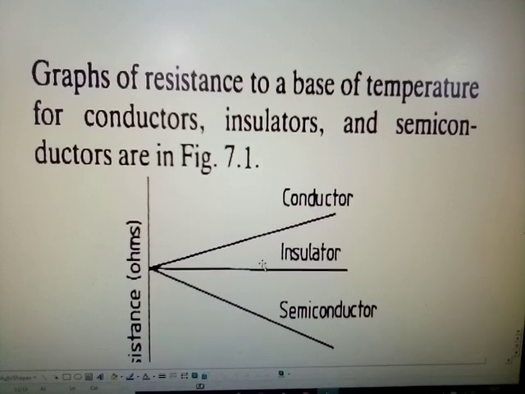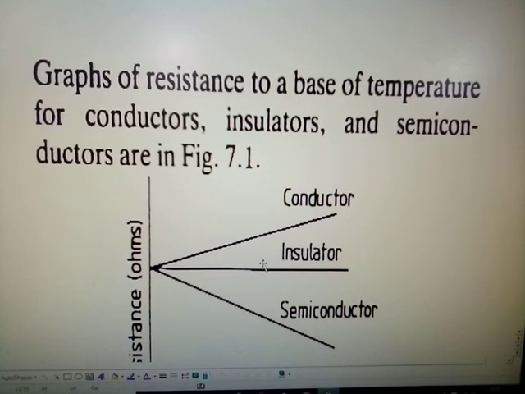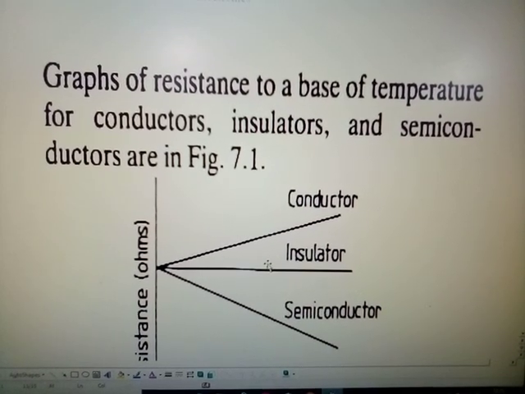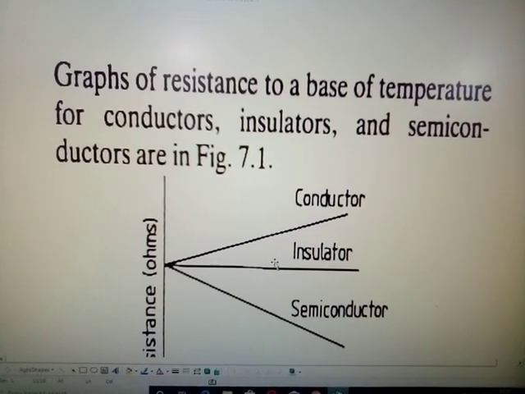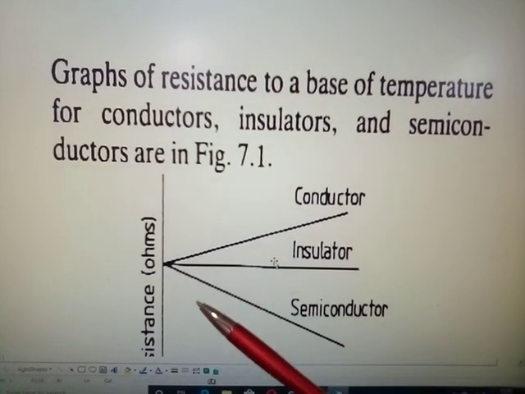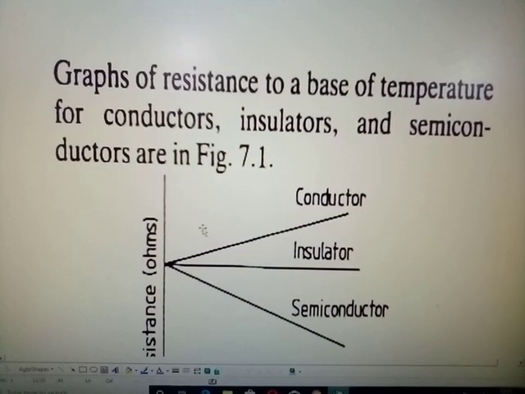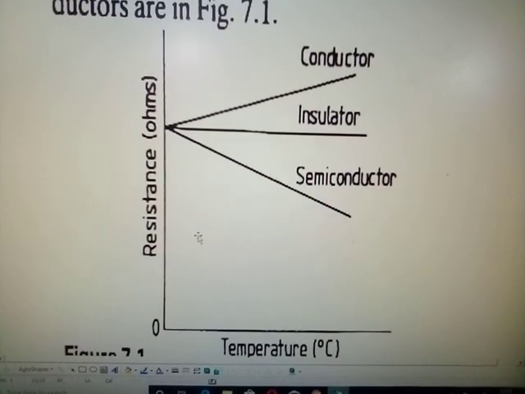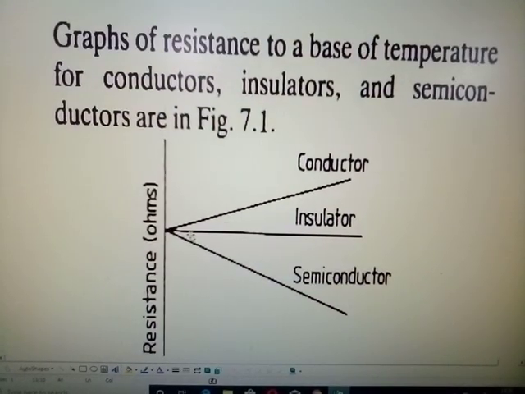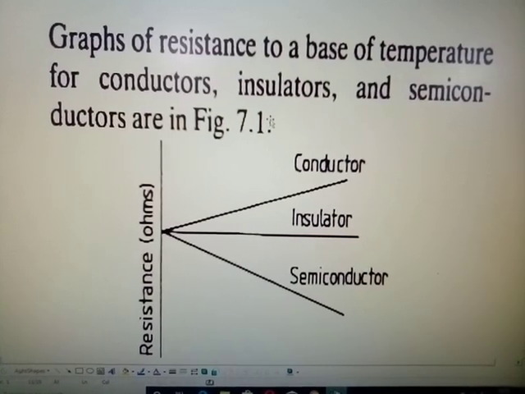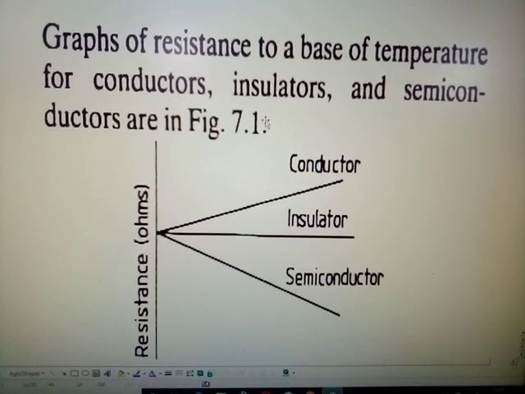Now all this graph does is show a graph of resistance to a base of temperature for conductors, insulators and semiconductors. And as you can see, the conductor, let me see if I got this up right. Okay, let me just make sure I get this in. Okay. Yep. Here we have our conductor